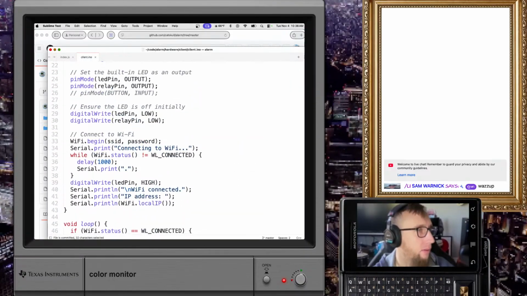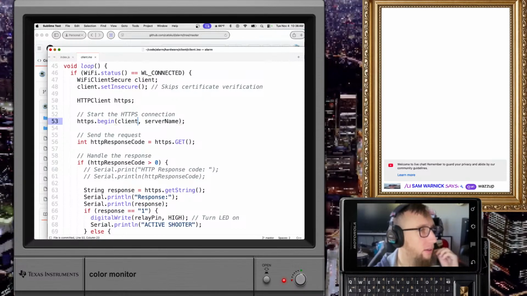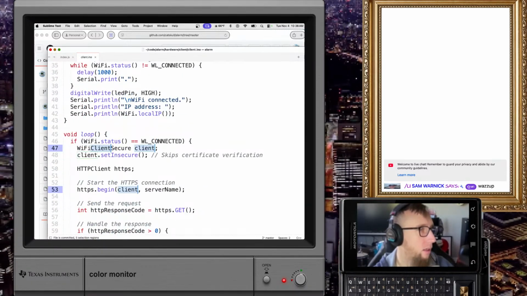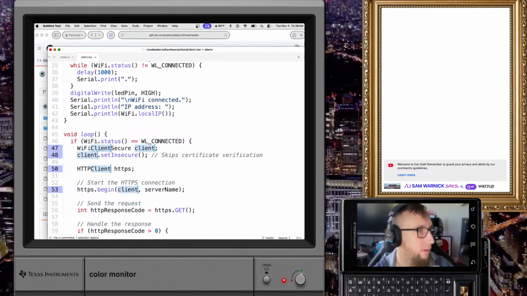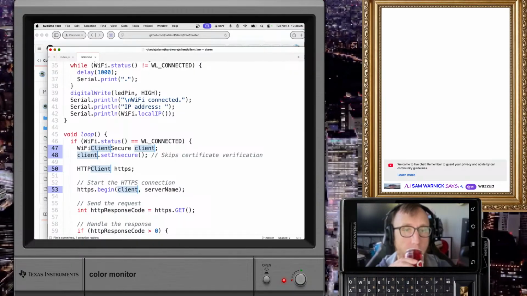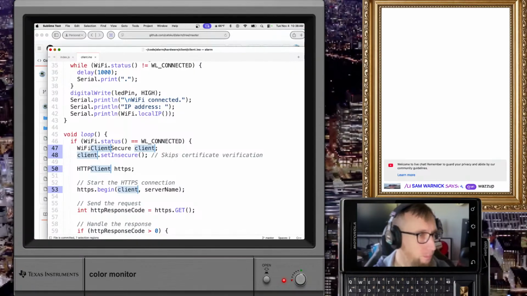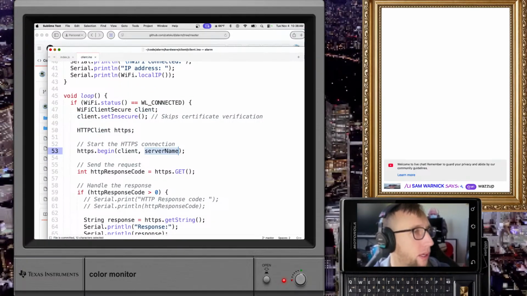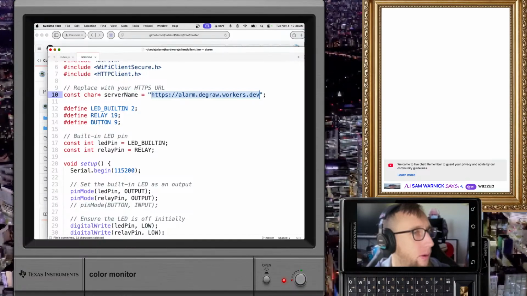https.get. I don't remember this. Oh, client server name. What's client? It's just a client. Skip certificate verification. That's a great way to build insecure IoT devices. Server name. Right here. Okay.